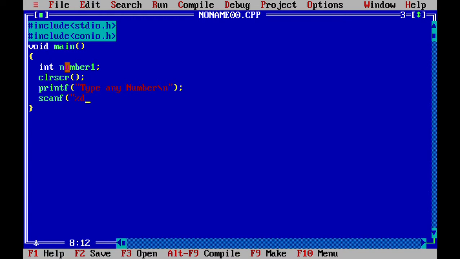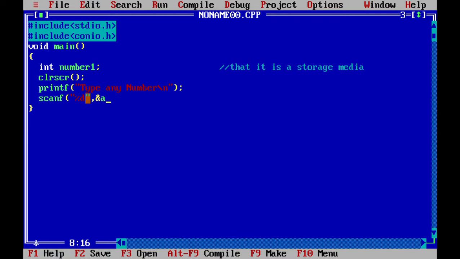It's like %d is for digit, and the percentage represents that it is a storage media. After that we are going to close this because we only want to show the storage media, the thing inside. Then comma and